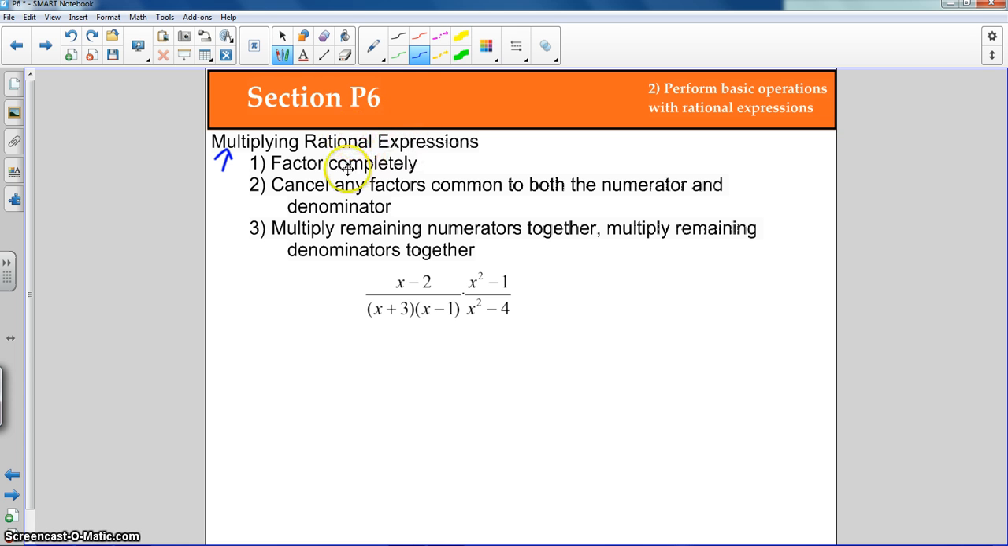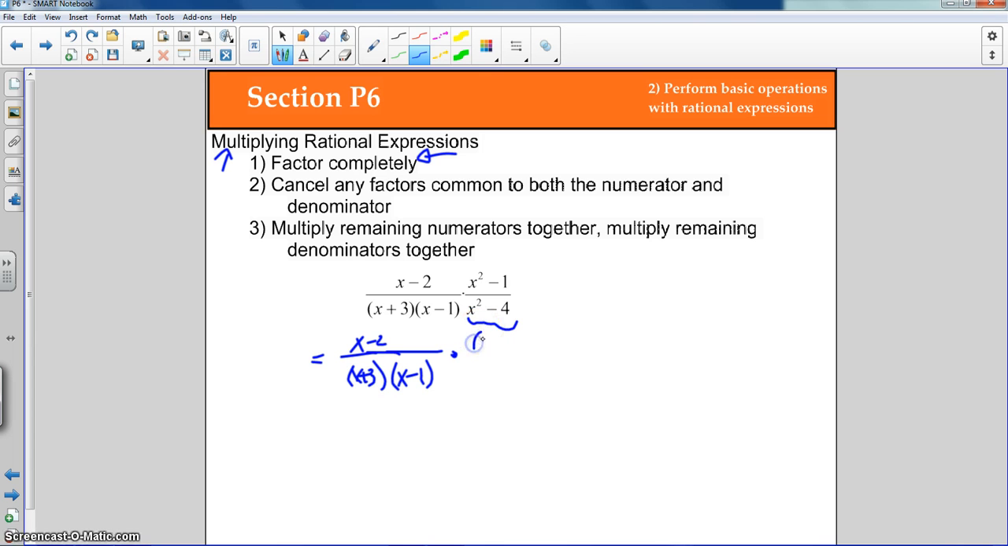So with multiplying, essentially with all these, what you want to first do is factor completely. So I'm looking at this expression down here. The first rational expression here, that's already factored. Okay, so now I just have to deal with this last term over here. So I'm going to go ahead and factor that, and I'm just going to rewrite this first one with an equal sign, x plus 3, x minus 1, and then times, now x minus 1, or x squared minus 1,